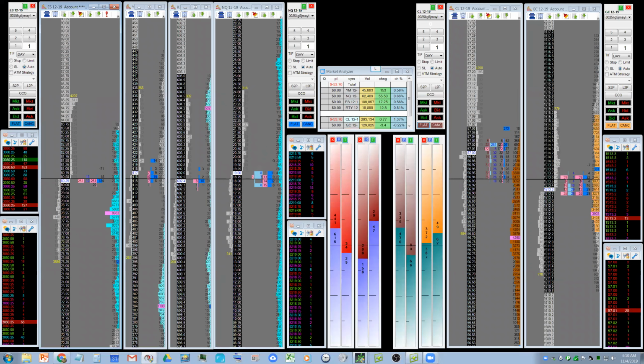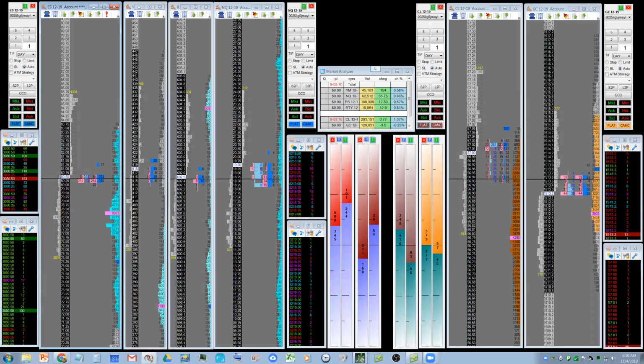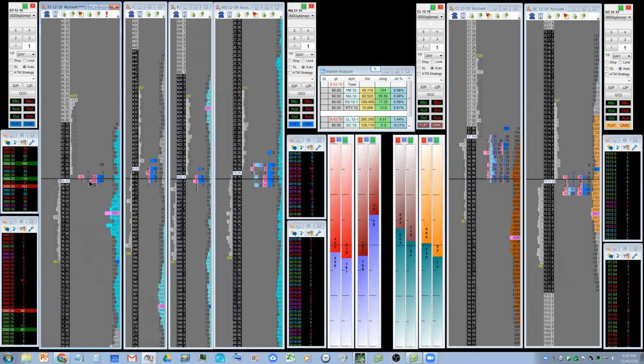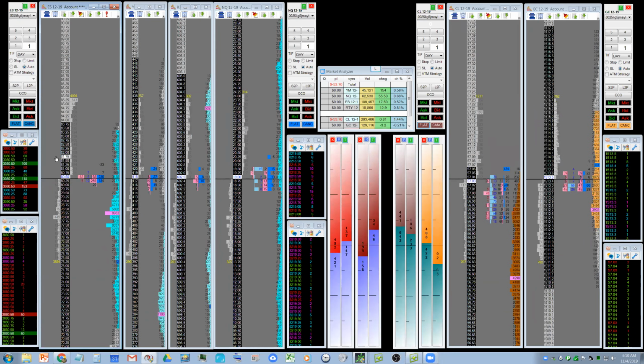Okay, from people misreading even Jigsaw's tutorials on order flow, people seem to think that current trades are market orders only and that orders going by on limits you don't see there. And that is completely 100% wrong. Those are all trades. And there's three ways that a trade can execute. You can execute a market order against a market order. You can execute a market order against a limit on the other side, or a limit order against a market order on the other side. That is the sum total of ways that a trade can happen in the futures market.